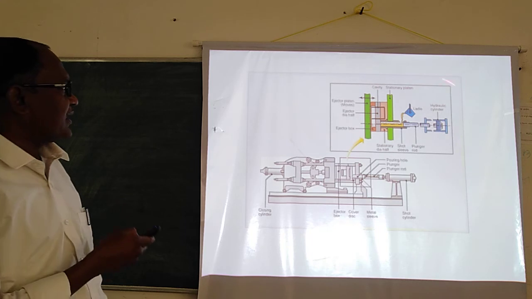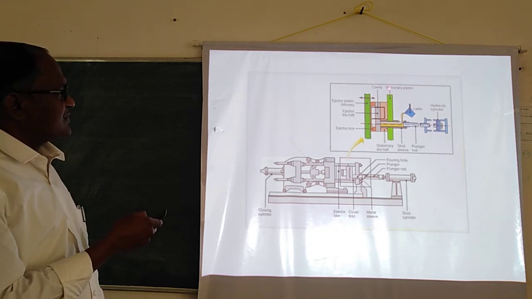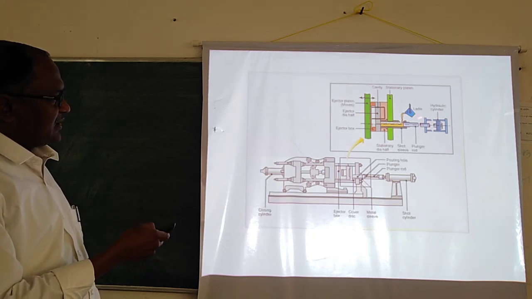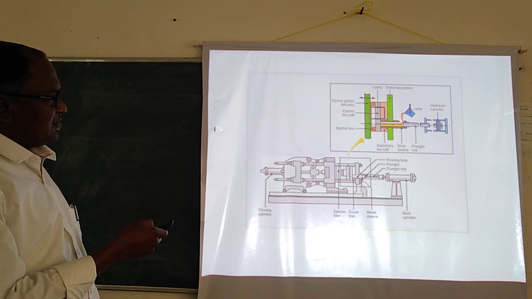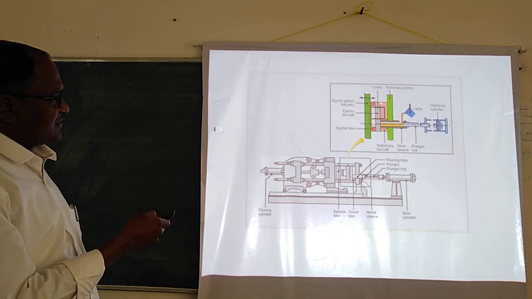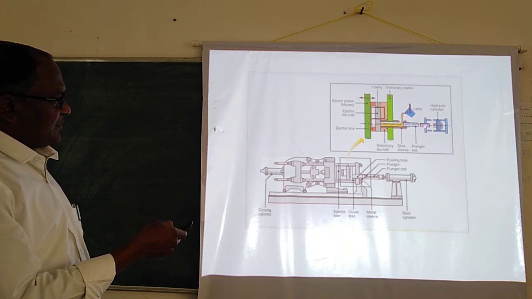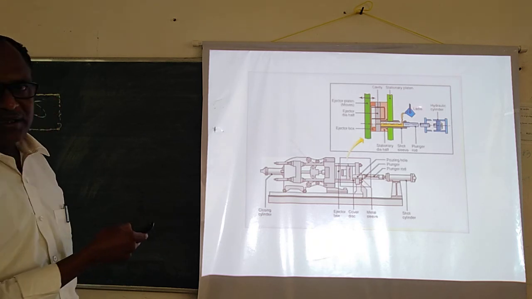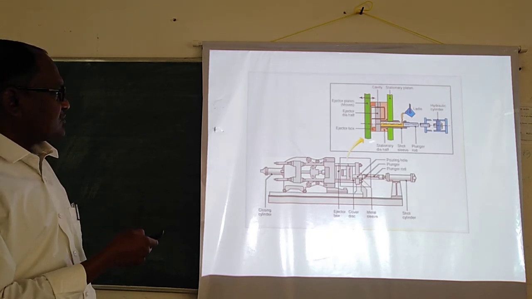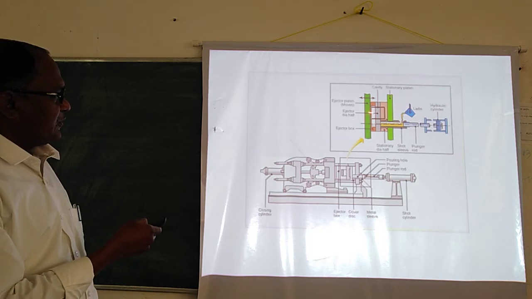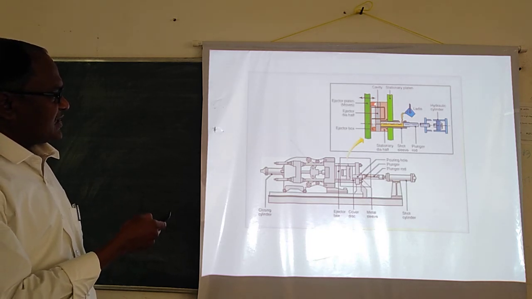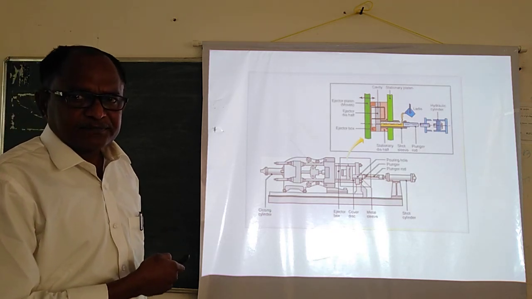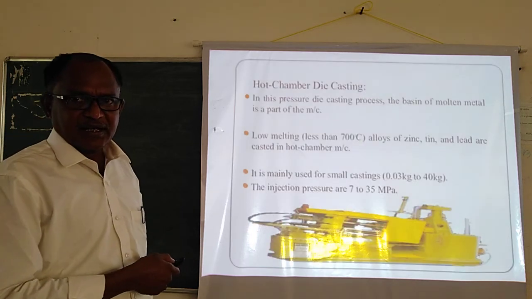So this is the block diagram of this. This is the movable die, this is the fixed, stationary die, and this is the chamber, this is the hydraulic cylinder and piston, and this is the ladle from where you are pouring the molten metal into this cavity. This is the mold cavity. So by pressure you are forcing this molten metal so that it will fill all the mold cavity, and after solidification you eject this movable die in this direction and remove this casting to carry out the cleaning and inspection process. So this is all about the cold chamber die casting.